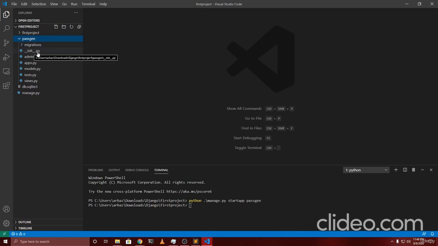It has this file which is __init__, and there is an admin file, an apps file, a models file, a test.py file, and a views.py file. So we are going to be taking a look at each and every file one by one. But first, what we have to do is, after creating an app, we need to register this app in the